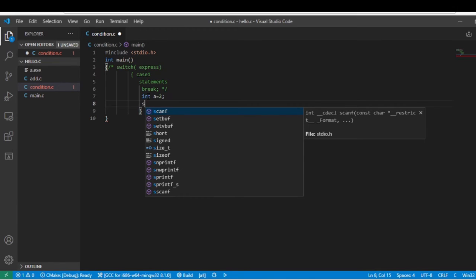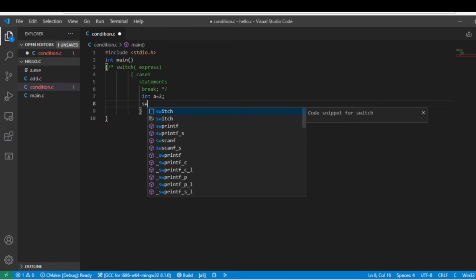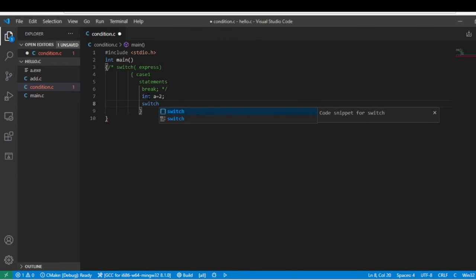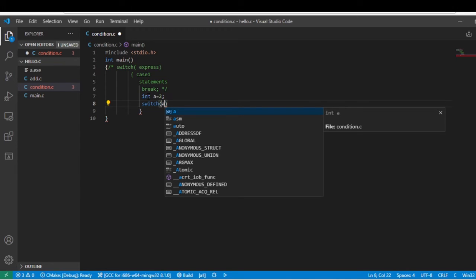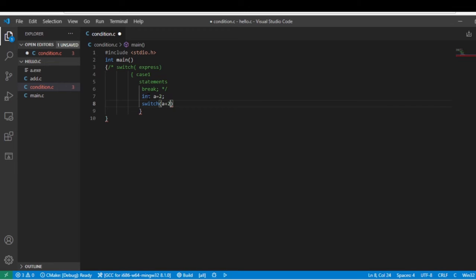What do I write here? Switch, right? And the expression is a plus 2. I write here the expression. That is the expression. Now in a bracket.